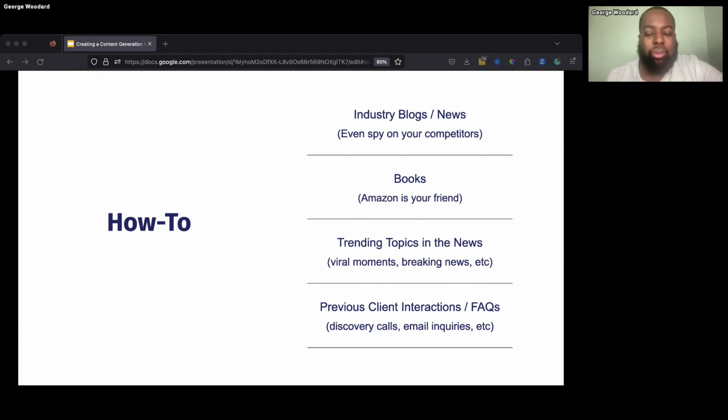And mainly how you would do this is finding books on topics that are relevant or that are valuable to your target audience, and reading through those books or even skimming. And maybe there's a chapter or two or a couple pages in there that have ideas about content, about particular topics that would be valuable for your audience, and reading into it.